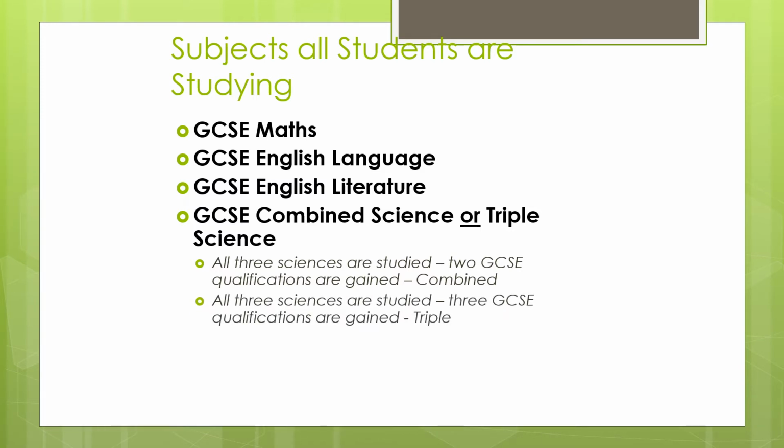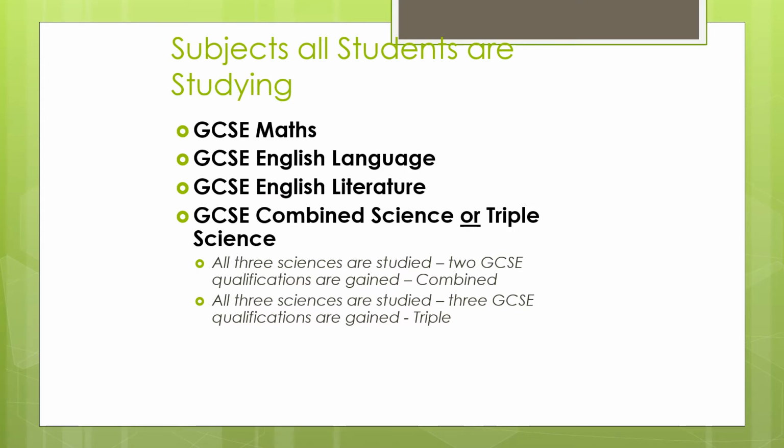Then we have GCSE Triple Science. All 3 sciences are studied, physics, chemistry, biology, but this time 3 GCSE qualifications are gained at the end of the 2-year programme of study. That's GCSE Triple Science. The reason 3 GCSE qualifications are awarded for Triple Science and 2 for Combined Science is